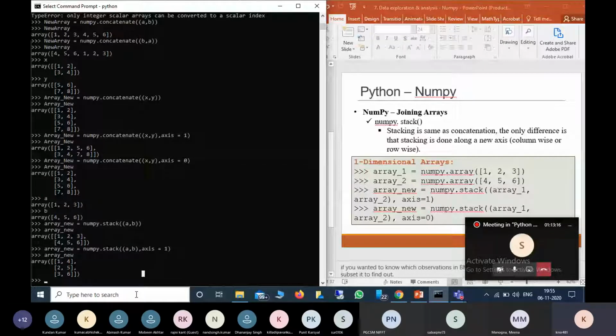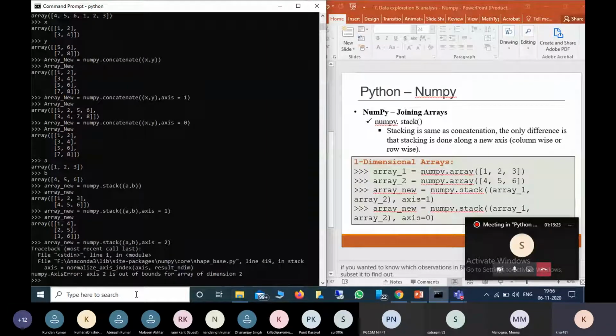It will throw an error, right? So if you give 2, it will throw an error, because this is a function which takes only 0 or 1 as the axis argument. It won't take more than that. It is like creating a function inside Python, so it is an inbuilt function. Okay, sir.